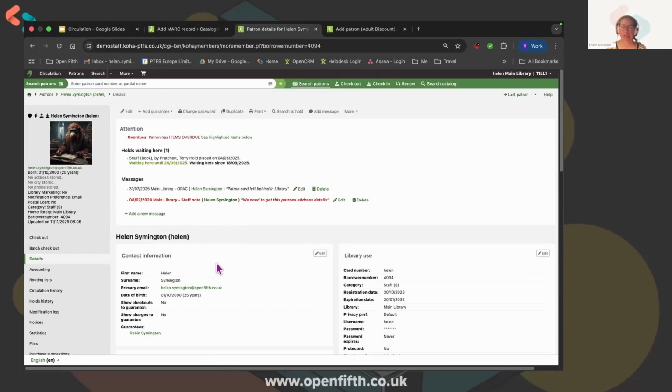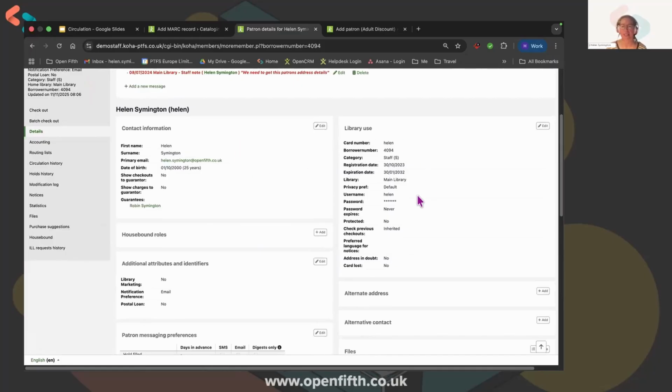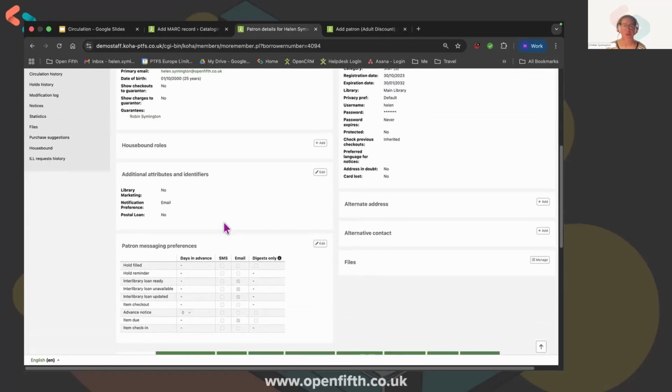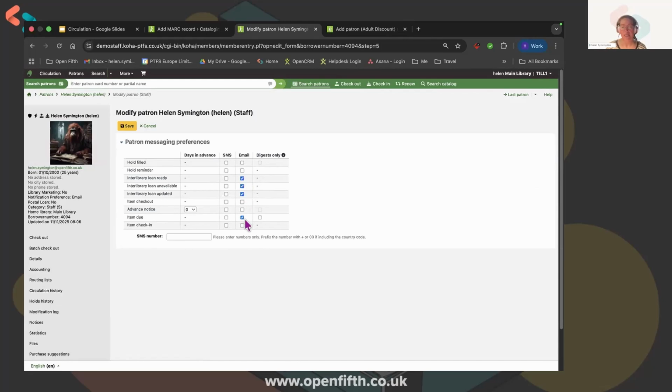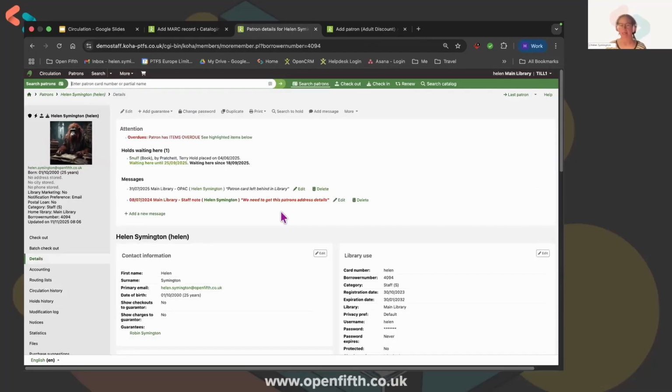And then if I scroll down, we've got the different sections of my account. So we've got my contact information, we've got my library use. The other section that you definitely would want to be paying attention to is how I get messaged. So you can see if I go into edit, I only like to be emailed and I've restricted what types of emails that I receive. You can have a chat with the person about that. We have it set up so that they can make their own decisions about these things. And that's for the library to decide what level of control the library has and what level of control they